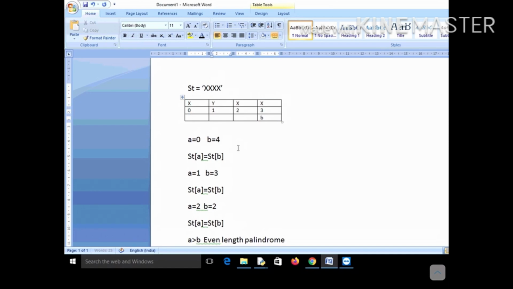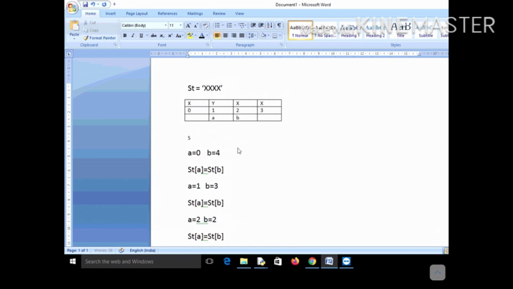The next time the value of A will be incremented and come here, and B will be decremented and come here. You can see that here STA is not equal to STB. What is STA here? STA is X. But your STB is nothing but Y, and definitely they are not equal.